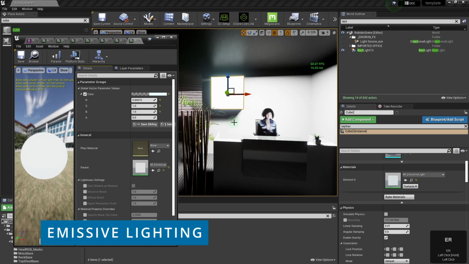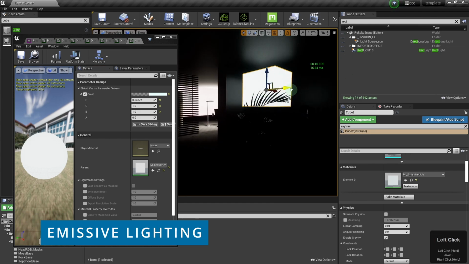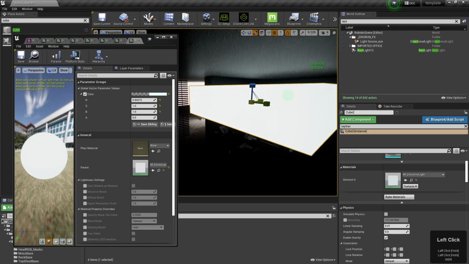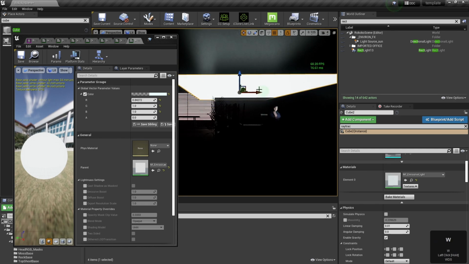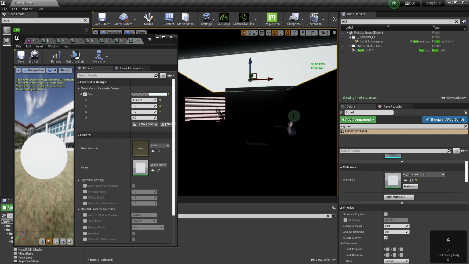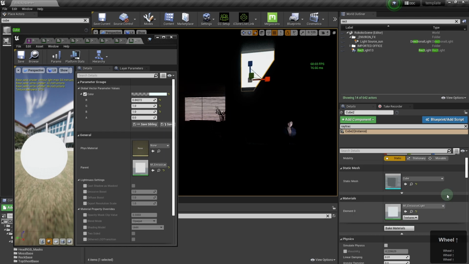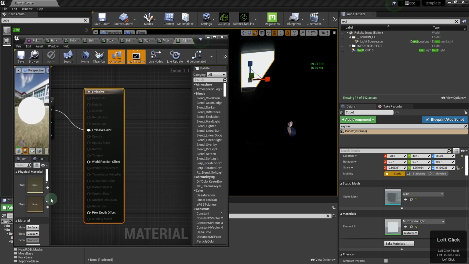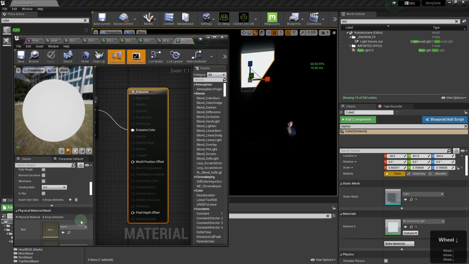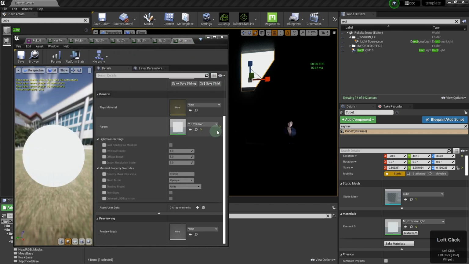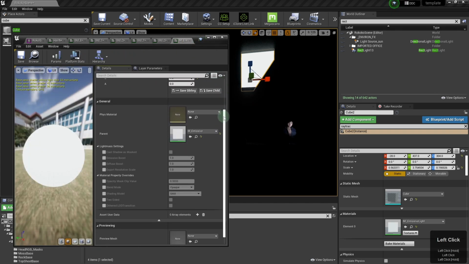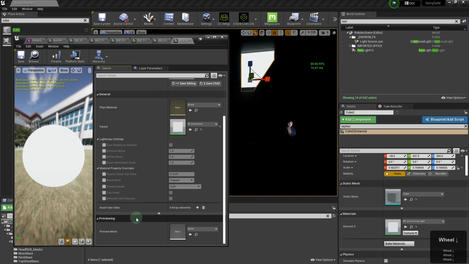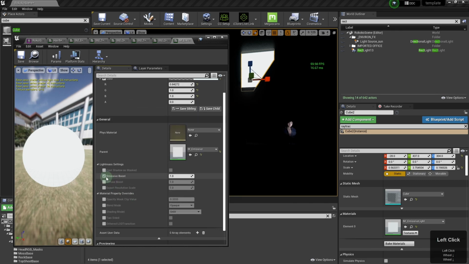So I also had a crack at emissive lighting. This is essentially where you assign an emissive material to a mesh. In this case, I'm just using a cube that I've taken from the actor menu on the left. And this original emissive material, I can't remember where I got it from, but it's not really doing much in terms of